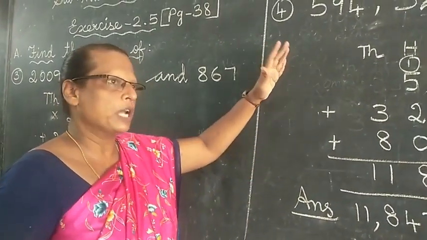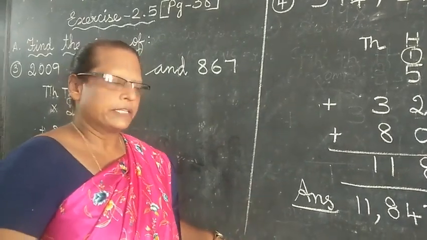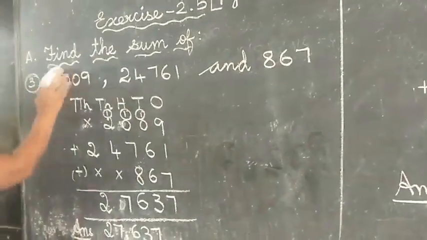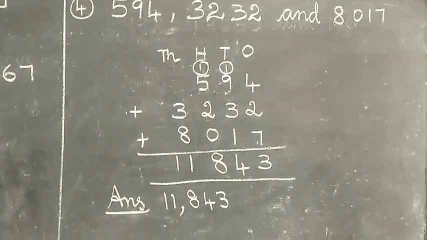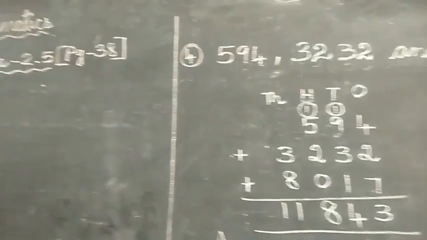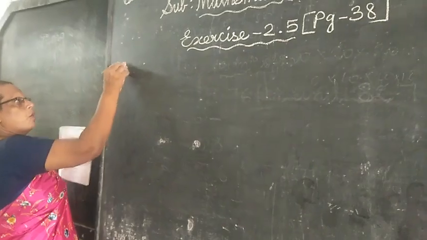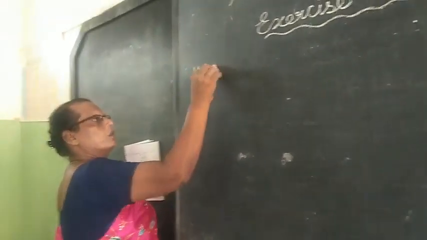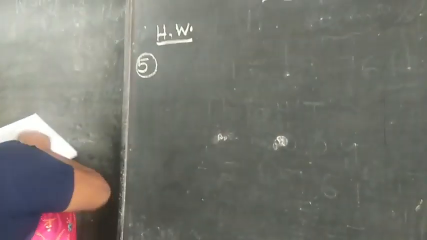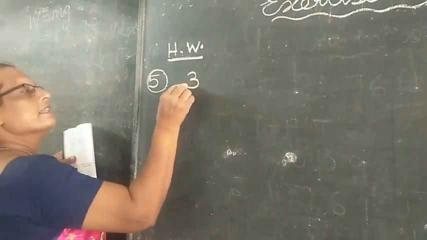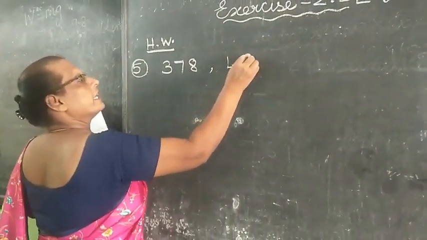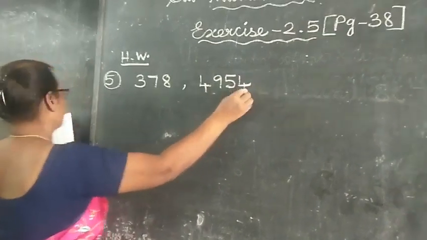5 and 6. What you have to do? Continuously you have to write. Okay children. Wait, I will write the homework. After the 4th sum, you have to write homework. And you have to write the 5th sum. 378, 4,954 and